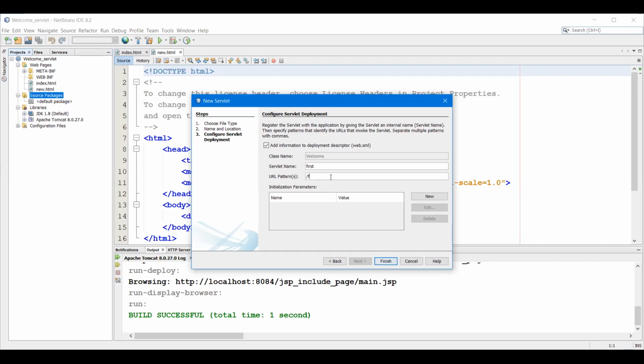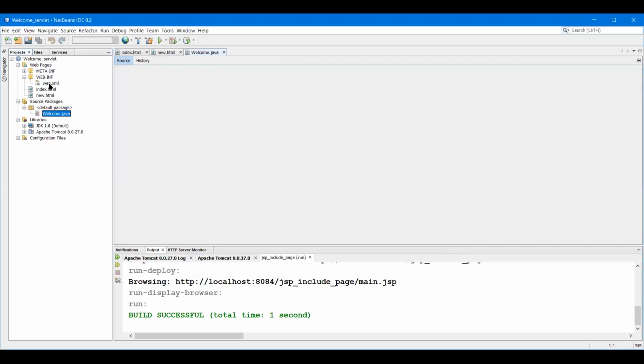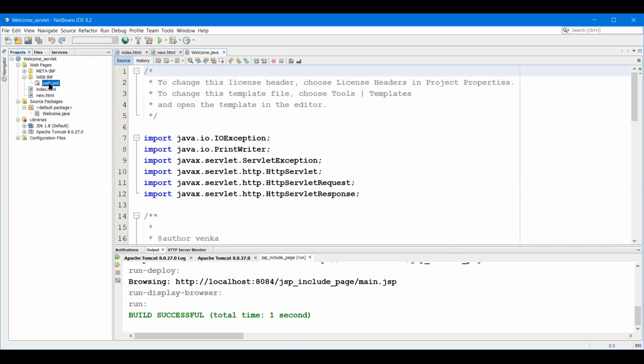Let us say welcome. Welcome only, but this welcome is with a small letter w. Just click on finish.